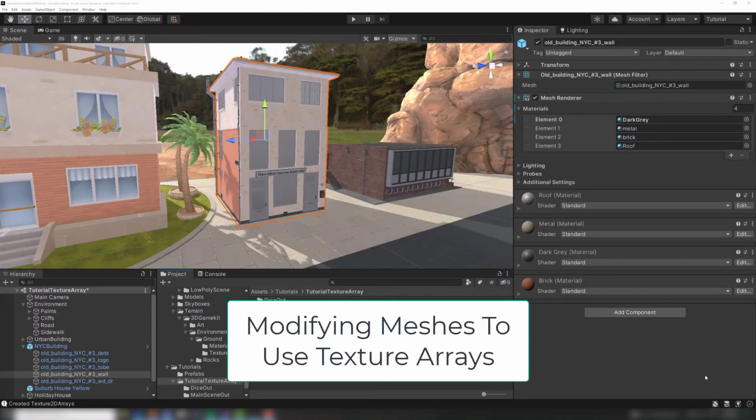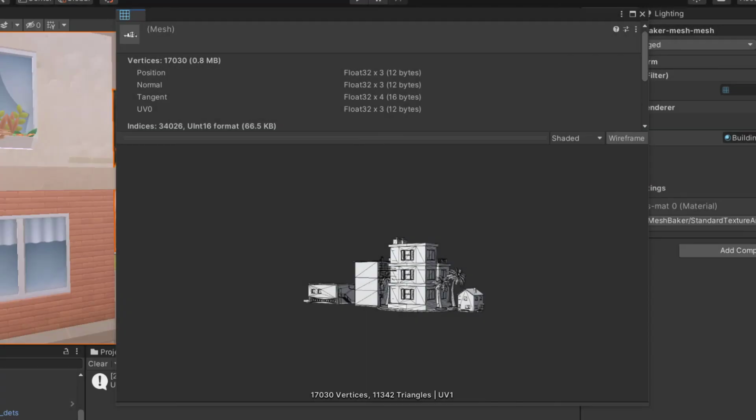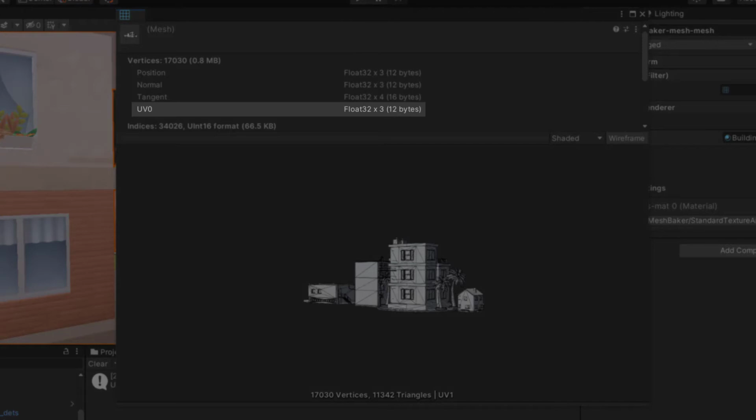Consider this building mesh that uses several materials. How will the renderer know which slices to use in the texture array? The easiest solution is to embed the slice index into the baked mesh. In this example, we will save the slice index for each vertex in an extra UV field. The shader expects the UV channel of each mesh to have 3 fields instead of the usual 2.